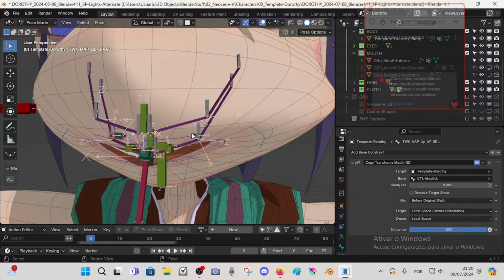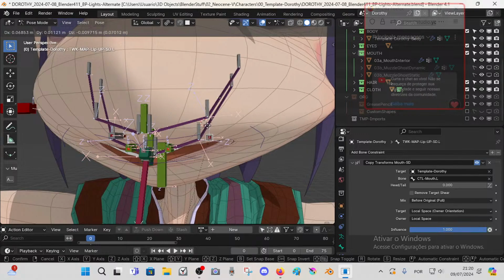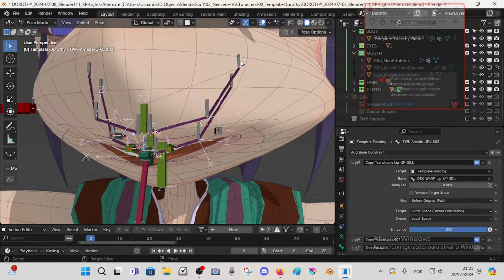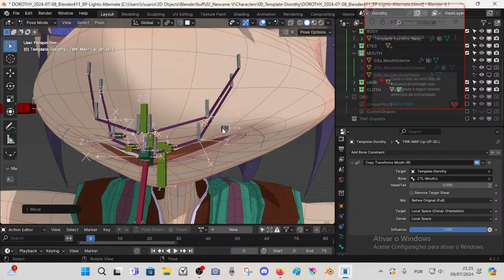So I can still pose the lip individually, but this bone is warping to the deform. But as the deform is moving for the lip here, you see the corner of the lip is moving, but this bone is still not changing because this is a movement by